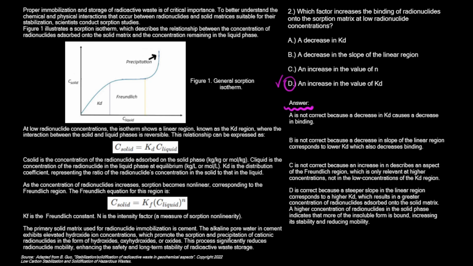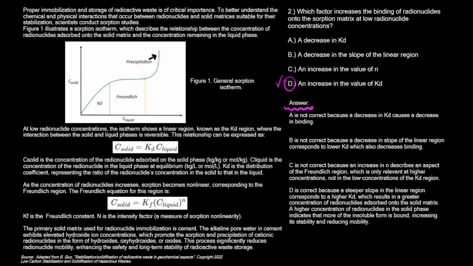This question is really testing whether you understand the graph and the equations presented in the passage, and not whether you memorize random facts. The passage tells you that the KD region represents the linear portion of the sorption isotherm, and it even gives you an equation describing that relationship. If you take a moment to rearrange the equation, the connection between KD, C solid, and C liquid becomes much clearer. This step helps you see how changes in KD affect the amount of radionuclide that binds to the solid